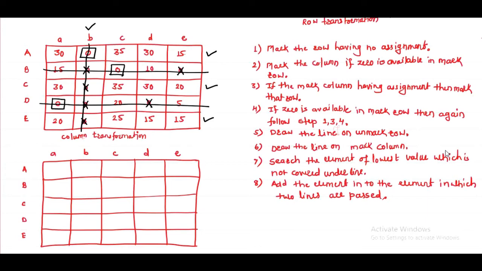So 0 plus 15 and 0 plus 15. We will write here 0 plus 15 is 15, and at this particular position 50, by using the 7th and 8th steps. Now the 9th step is the elements